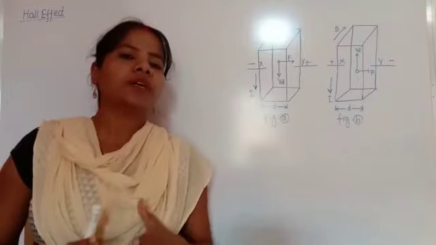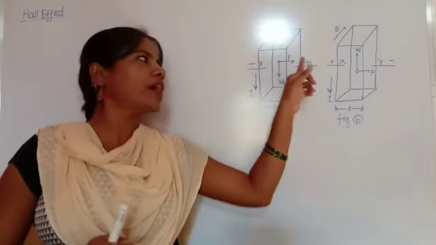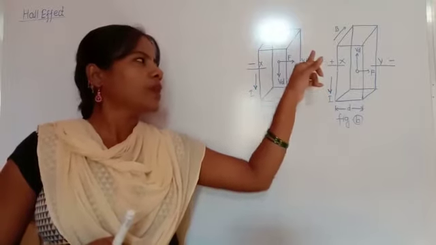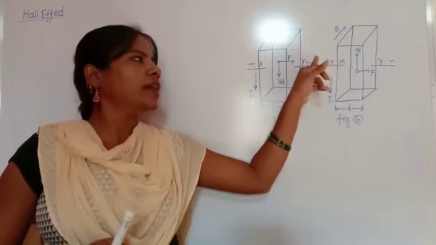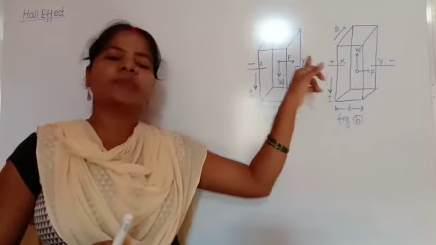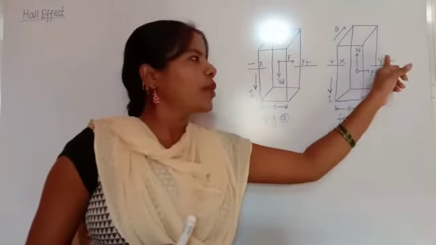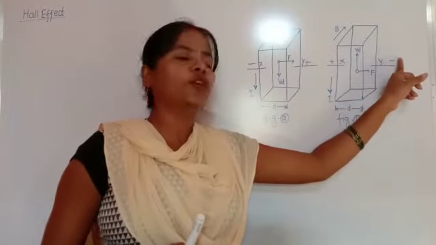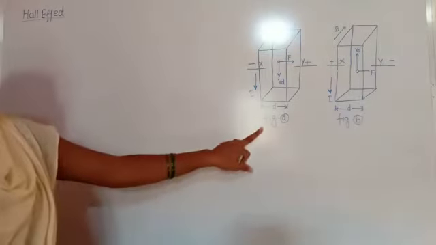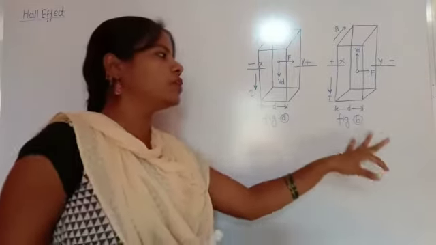carriers. If the positive charge collects near the right side, then Y is maintained at the positive potential, meaning Y collects the positive charge. That's why Y is at positive potential with respect to X. And if the charge carriers are negative, the right side, point Y, is maintained at the negative potential with respect to X. So by using this concept we can distinguish which are the positive charge carriers and which are the negative charge carriers.